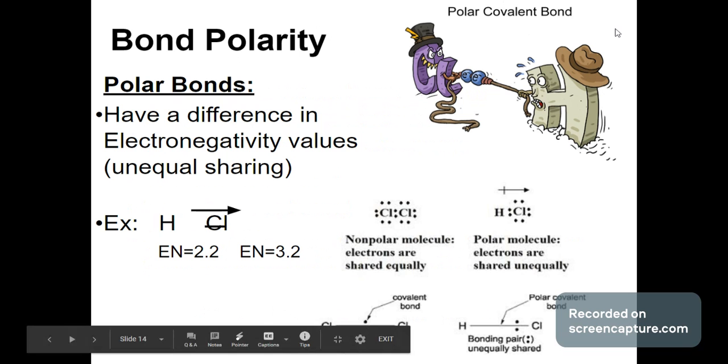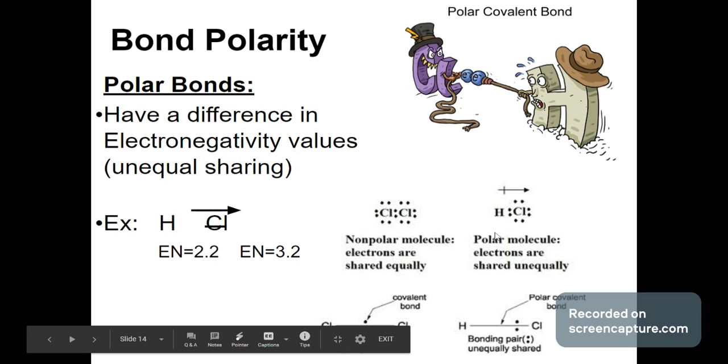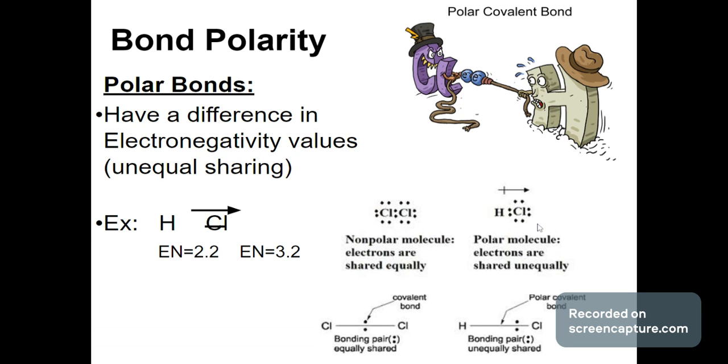Now, this is a polar bond, and what that means is that there is an unequal electronegativity value for each of the elements involved in the bond. So, for example, if you have a polar bond like hydrochloric acid, HCl, hydrogen only has one electron on its outer shell. Chlorine, I believe, has seven. So chlorine is going to be theoretically 7 times stronger than hydrogen because hydrogen only has one, chlorine has seven. So by chlorine having seven, it's going to have a electronegativity much higher, and it's going